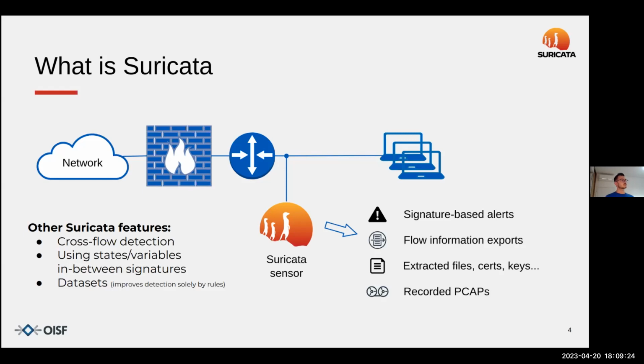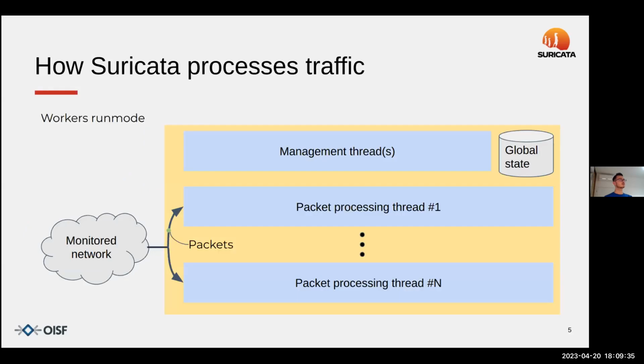It can also have datasets, and that essentially optimizes the way Suricata is used. But today's webinar will be about how Suricata receives traffic. But before we go into that, I wanted to show you how Suricata actually processes the traffic,